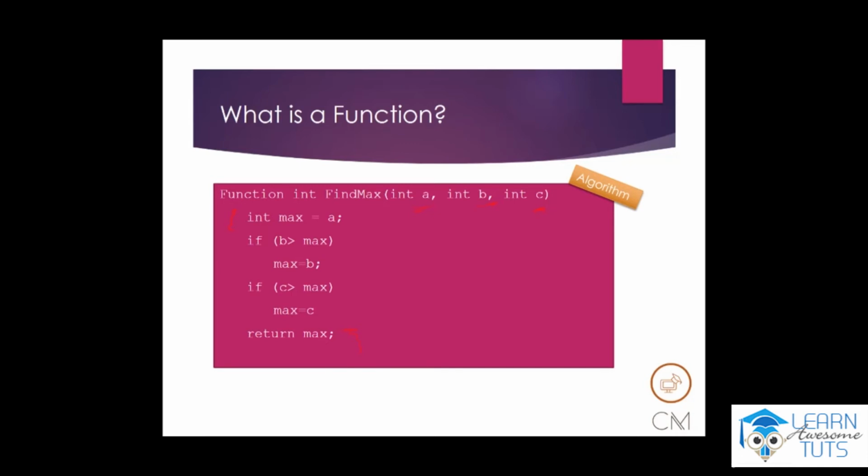So if I have, for example, 4, 5, 6, I can also use this function with different input, and each time that I call this function, I will get the maximum number, the result that I want for the numbers that are inside this function. So I declare the max variable as integer, and I assign the value of the variable A to variable max. If B is bigger than max, then the value of the variable B is assigned to the variable max. If C is bigger than max, then we do exactly the same. We assign the value of the variable C to max, and then we return the max